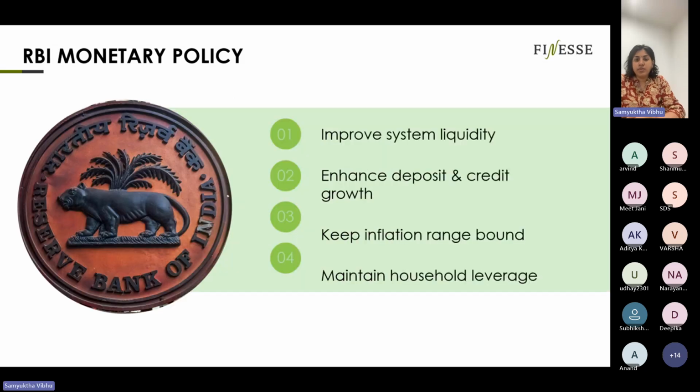So let's look at the RBI monetary policy. I think the first and foremost issue that they're trying to tackle is system liquidity. So if we look at where system liquidity has been in the last 1 year, it's been a very stressful year in terms of access to cash, right? You've had negative liquidity at certain points. You've had yield spikes, that is your cost of borrowing going up simply because there wasn't enough liquidity in the system. So even immediately after the last rate cut, it was more the liquidity actions, that is in terms of